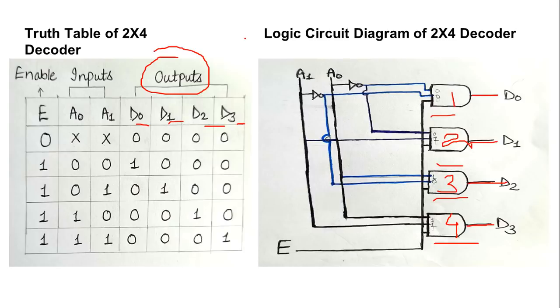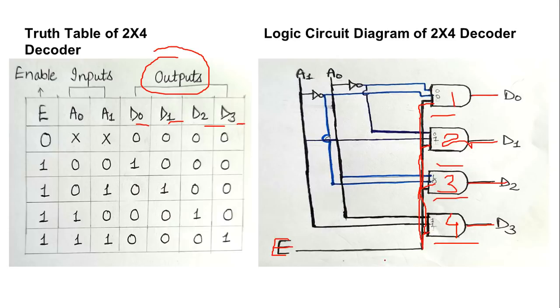The next is how these input values are working and how the decoder will actually provide me the output. Before doing that, I will not forget to apply this enable to each and every circuit. So directly each enable will be provided to each and every logic circuit which is part of this decoder.